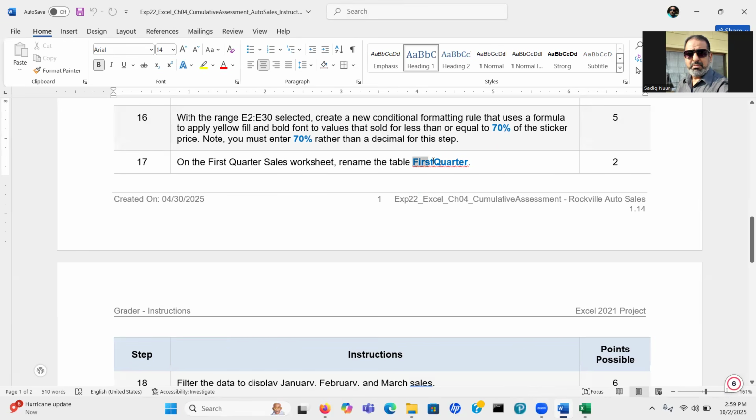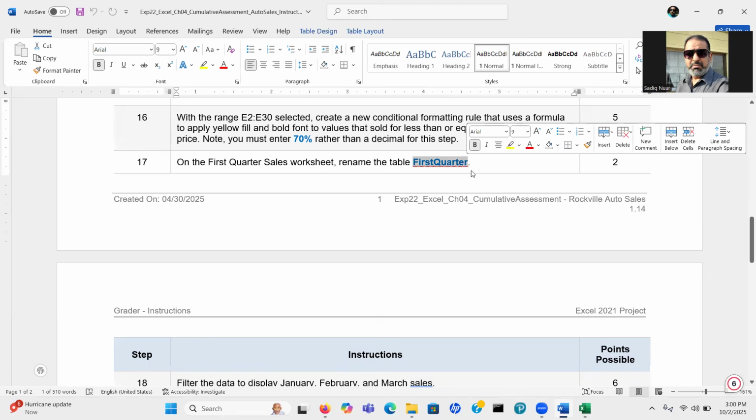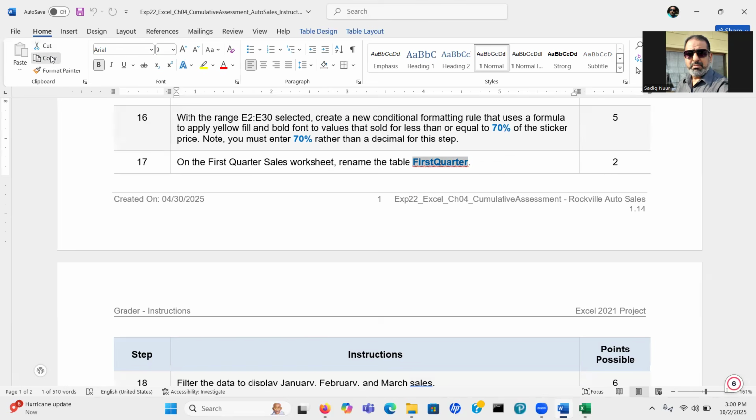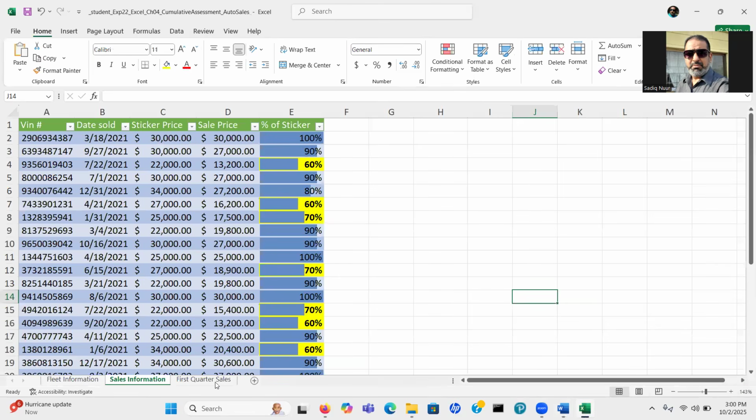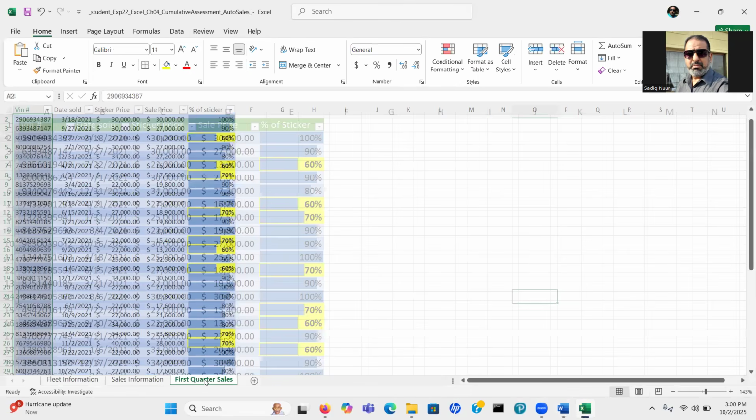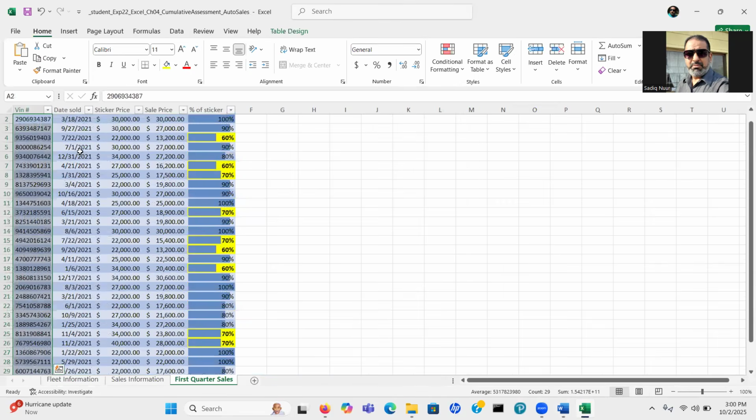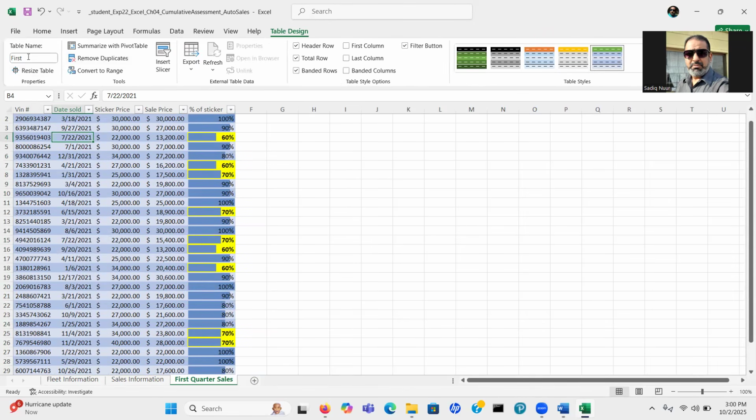So I will highlight and copy with Control and C, or you can go here and copy it, and then go to Excel and change the worksheet to the first quarter sheet, and then click inside the table and click on table design, and the name is first, so we have to change it to first quarter and press the enter key.